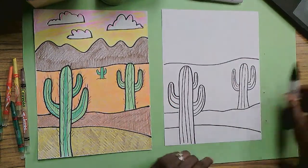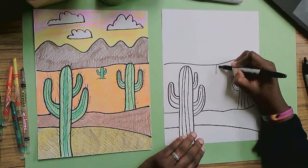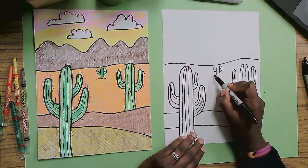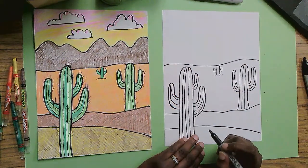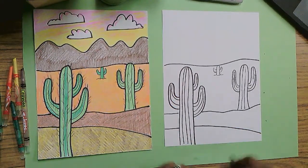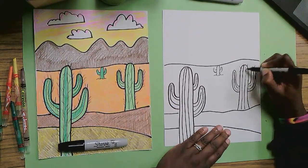I think I'll use a smaller marker to draw this. It's going to be tiny, much smaller. Same shape though, just much smaller. I'm going to put some bumpy lines there so you can see the sand that it's sitting in. Great. While I'm using this smaller marker, I'm going to add a few little spikes or